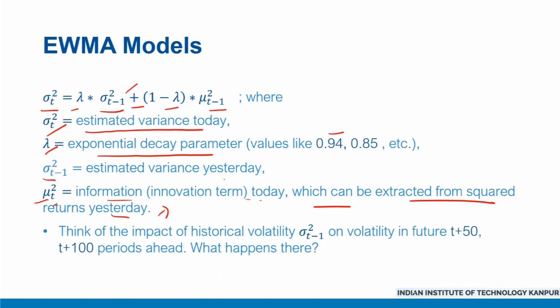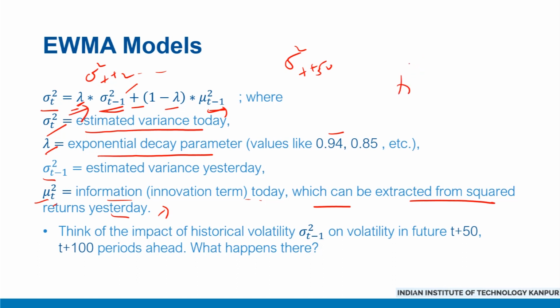Now, in this model, just imagine the impact of the sigma square t minus 1 as time passes. For example, its impact on sigma square t plus 2 and so on. Let's say on the 50th period, sigma square t plus 50. A little bit of visualization and imagination about this model would suggest that as the time passes, this factor will